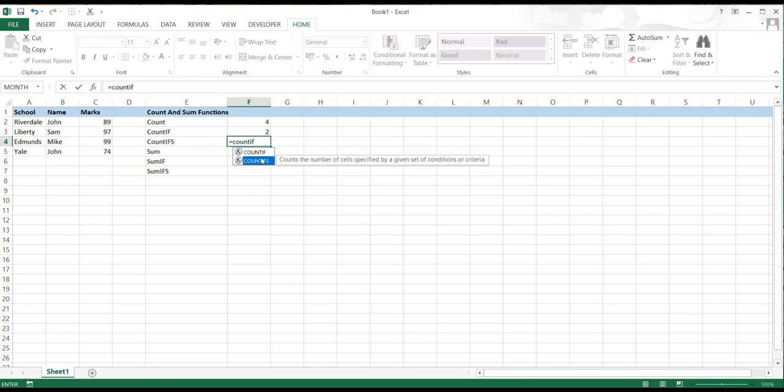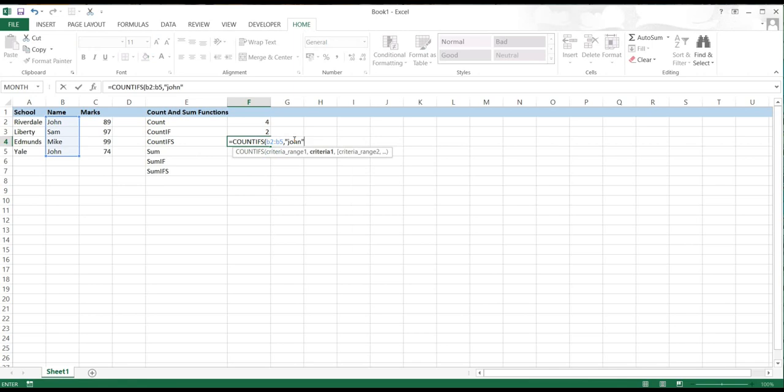Now the first one is criteria range 1, so we have to choose which range. Suppose this will be range 1, so we choose from B2 to B5, comma, and then we have to give the condition, like we want to look for the name John, and comma,